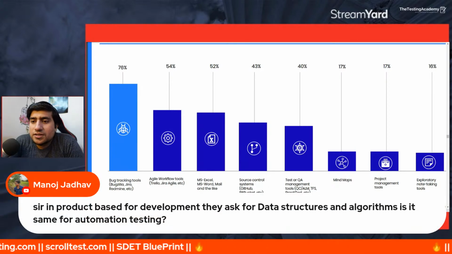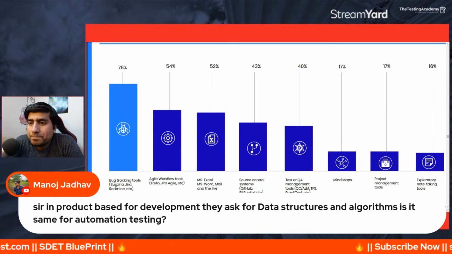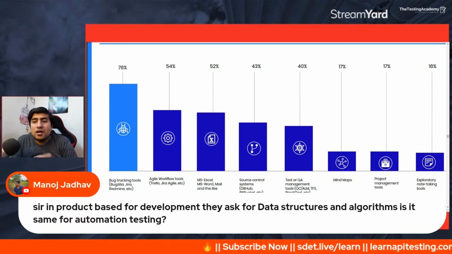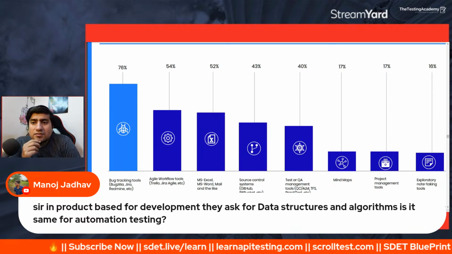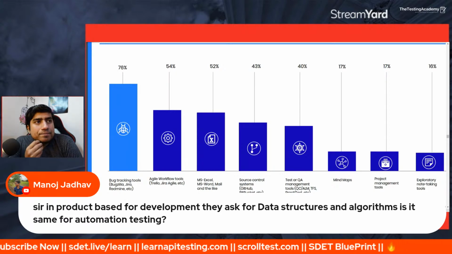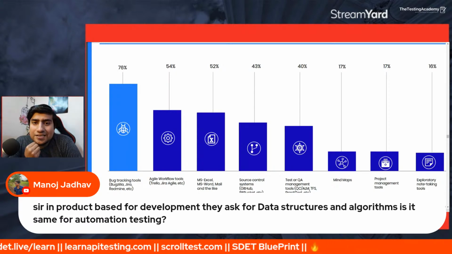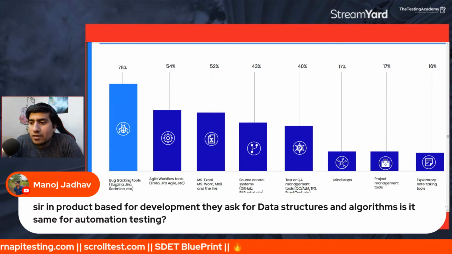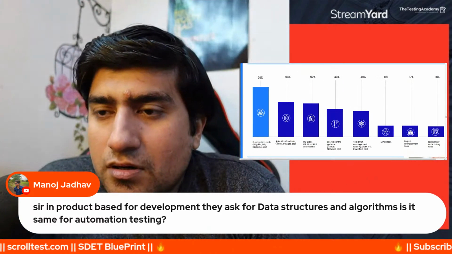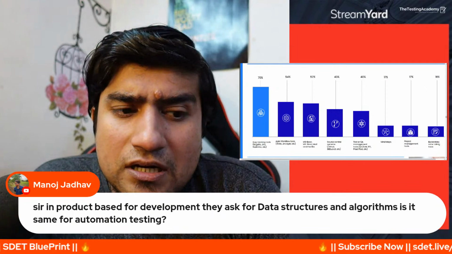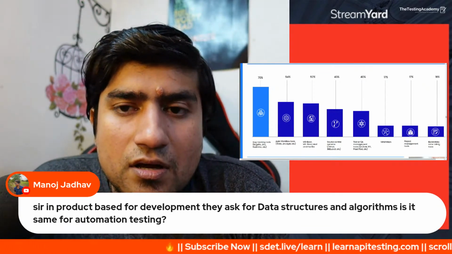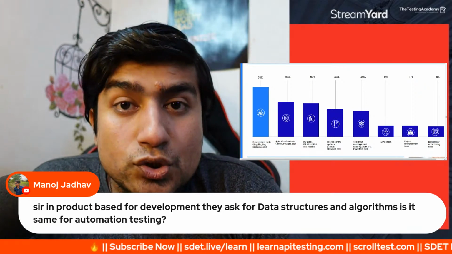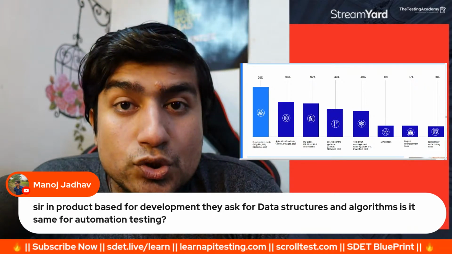Okay, so there's a question: Sir, in product based company development, they ask for data structure and algorithm. Is it the same for automation testing? Okay, so Manoj, my point is, I think data structure is important, you should know about it, but not the hardcore one. I've been into testing for like 8 years now. You should know the concept, you should know how to apply them,